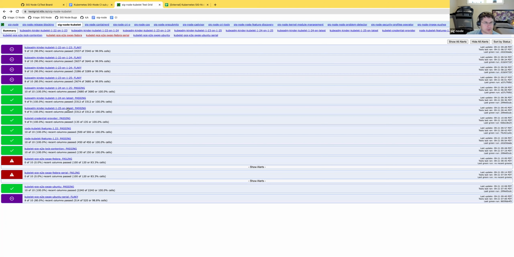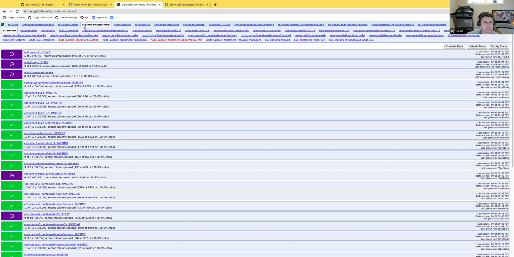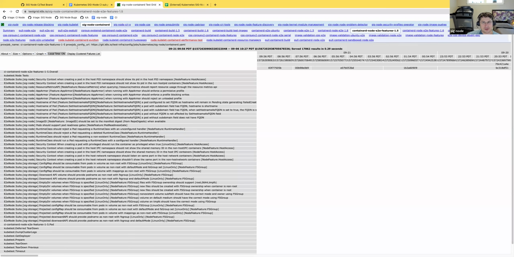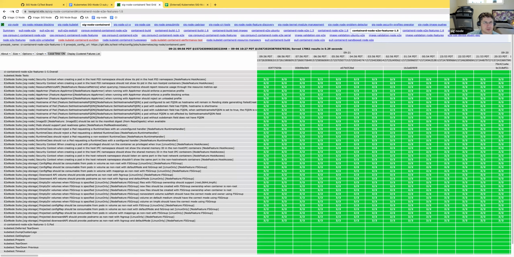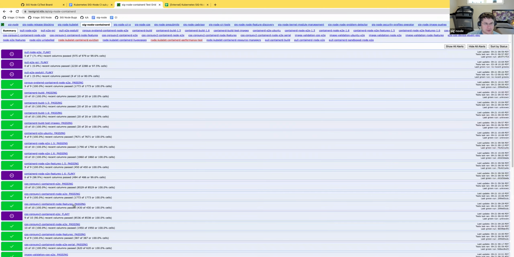And again, there are no features or, what are the other names? I remember there were way more tests, and at least tests on masters were here. I think what happened is many tests got migrated to this tab and this tab, specifically for container runtime. I'm not sure, tracking the history of these tabs is hard. But I see features here, and they are being run in some tabs.